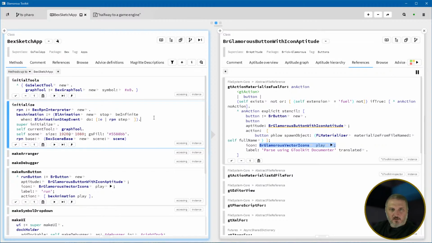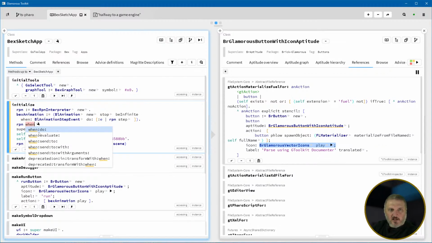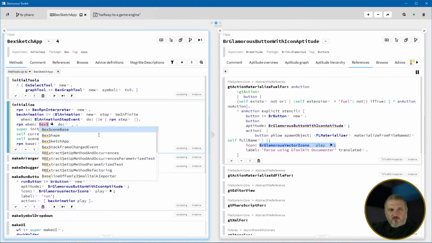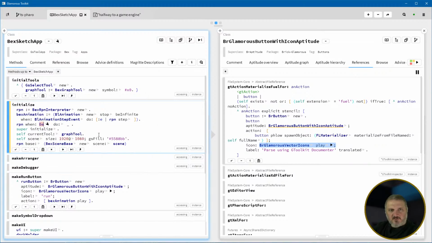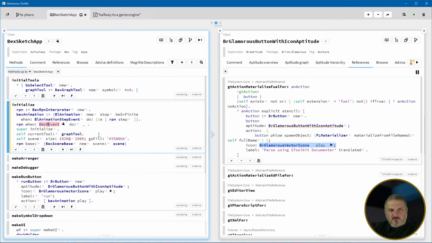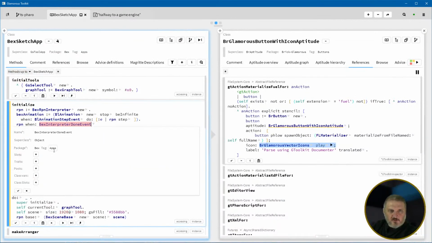And then we'll say RPN when, and I believe I already added, yeah, so we already had when do. Well, that's RPN, and then when Bex interpreter event. I think we just say Bex stop event. Or how about Bex interpreter done event? Interpreter done event do, which I have to create. Create class Bex interpreter done event, and it's going to be in